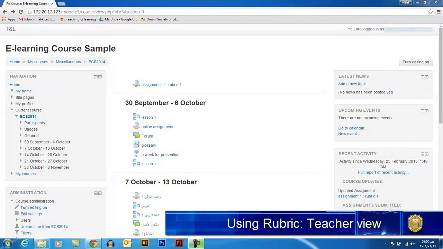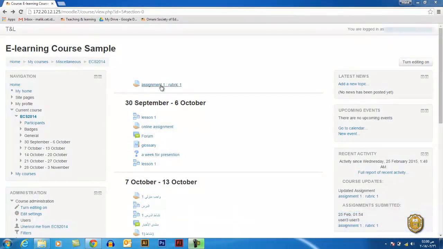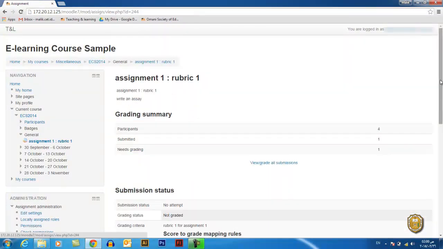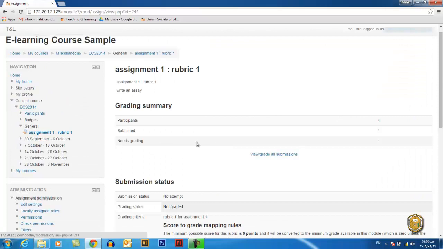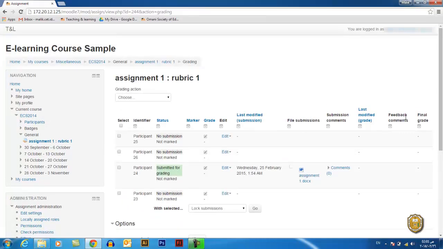Using rubric, teacher side of rubric view. Now comes the role for the teacher to start grading the assignment supplied with the rubric tool. In the assignment submission area, you'll find the assignment status and the rubric itself, and click on view or grade all submissions. Here he will find all of the submissions submitted by students, and let's suppose that we are grading this submission for this student,